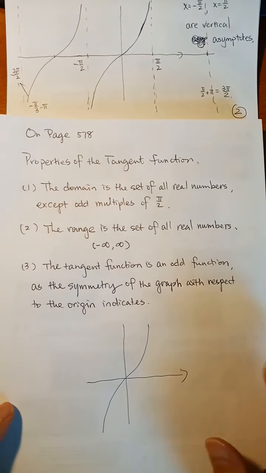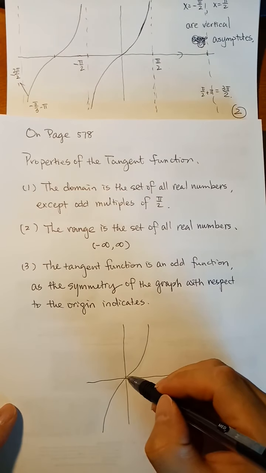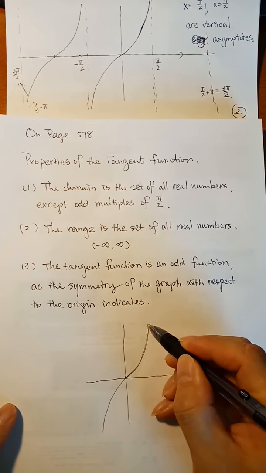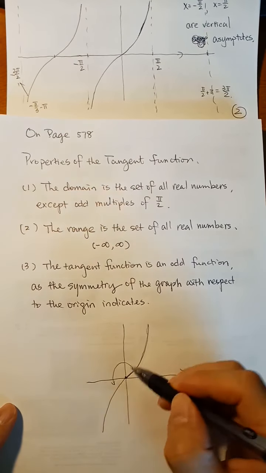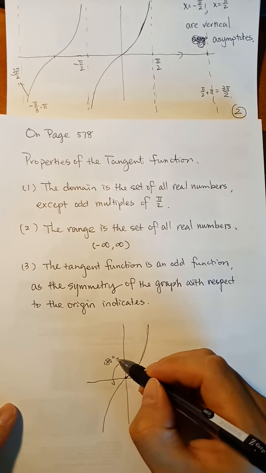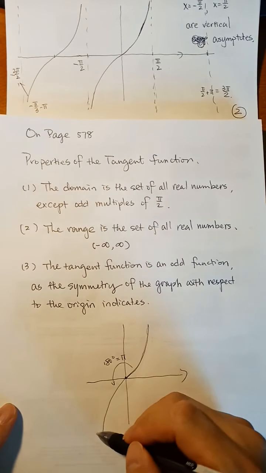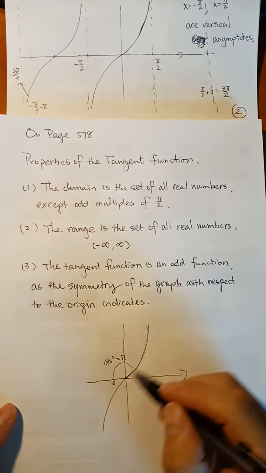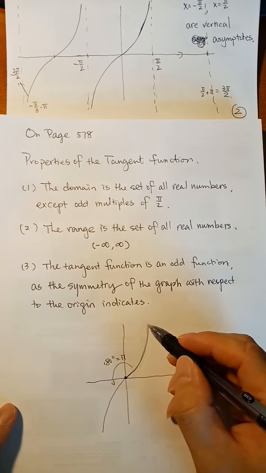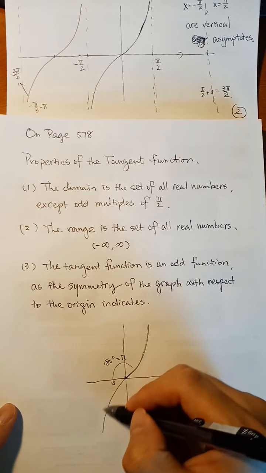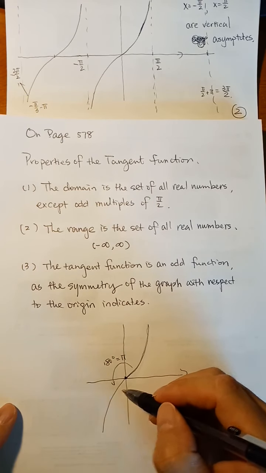Odd has 2 explanations. First, you have the right branch, you rotate it 180 degrees or pi radian, and you get the left branch. This is one explanation. You have the right part, you rotate it pi radian, you get the left part. Or